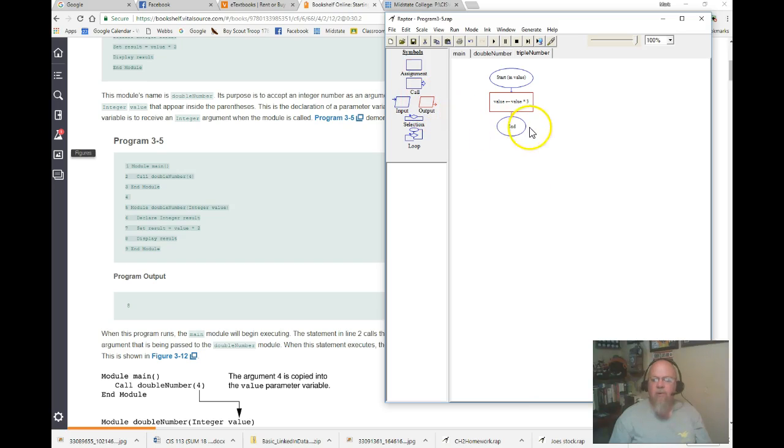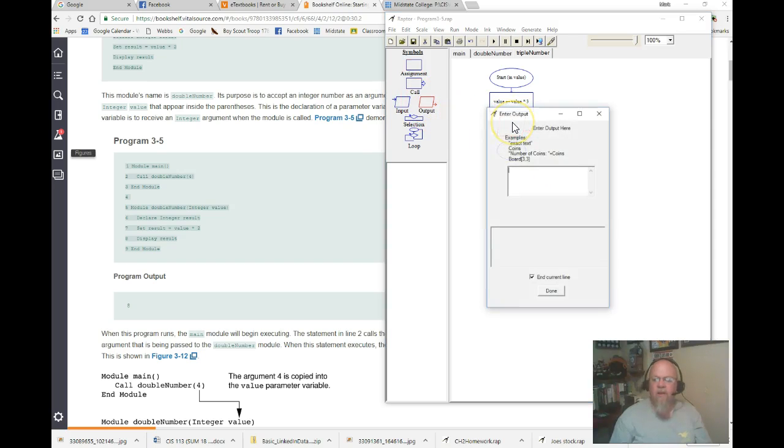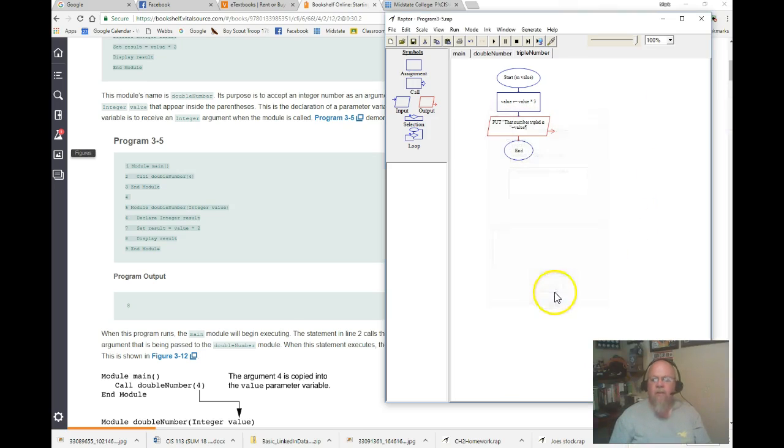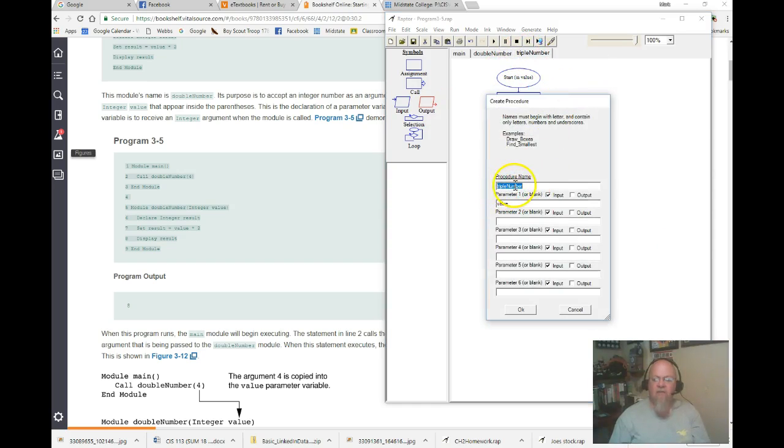I'm going to display the output and say that number tripled is value. Okay, so pretty easy. So again, I did a right click, I added that, I gave the procedure a name, I said what values are going to be brought in,